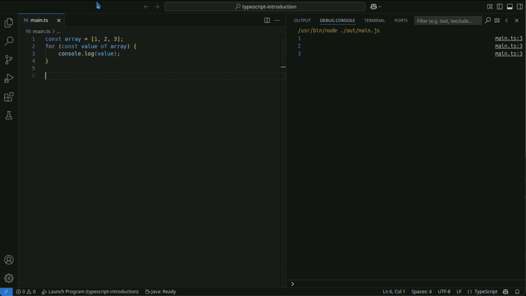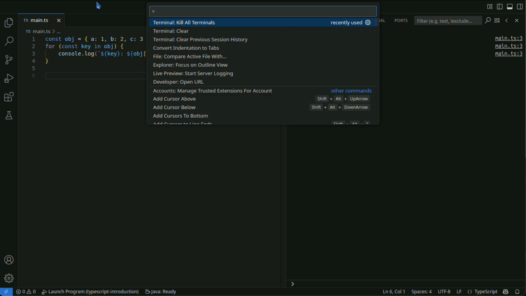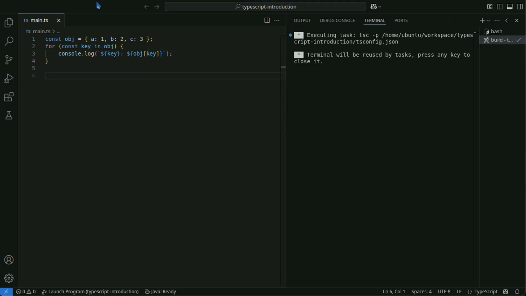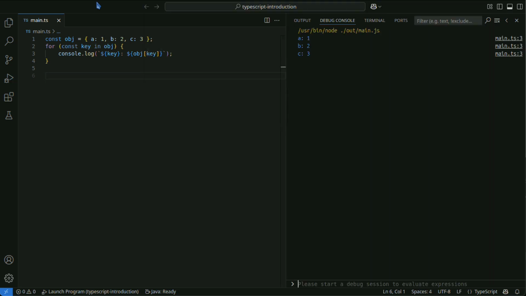Next, let's look at the for in loop. The for in loop iterates over the enumerable properties of an object.